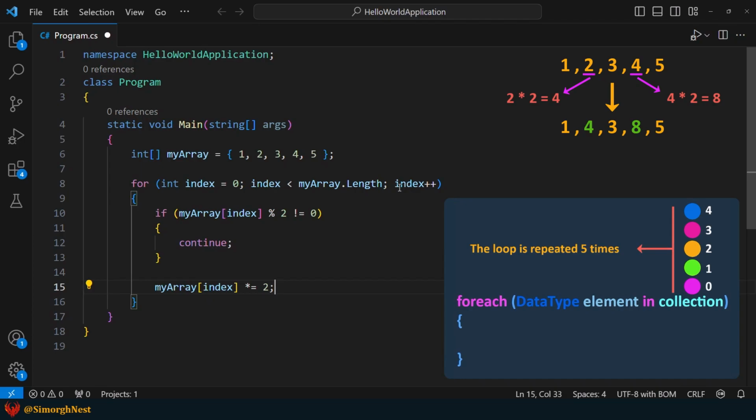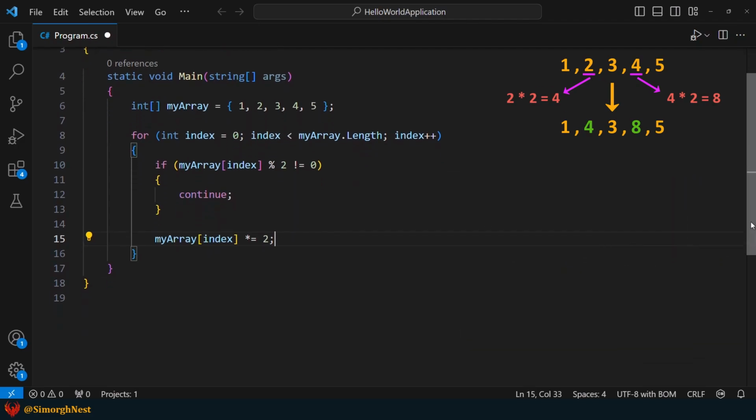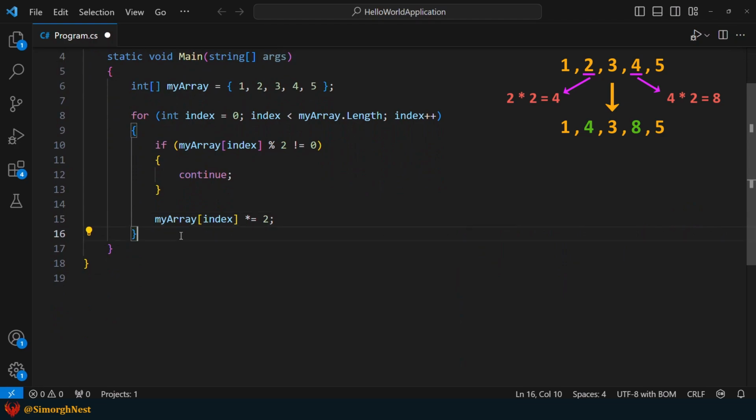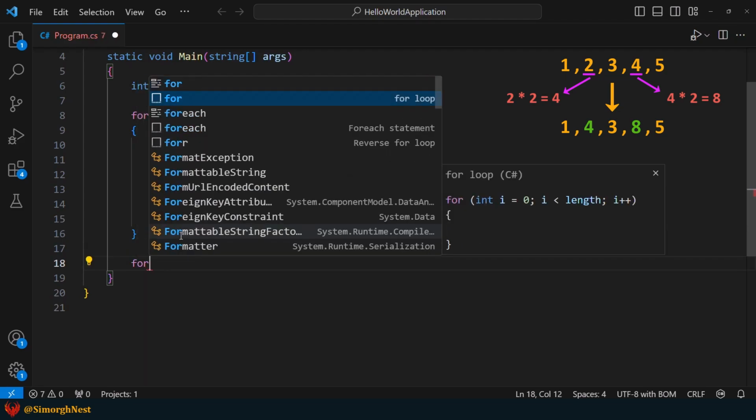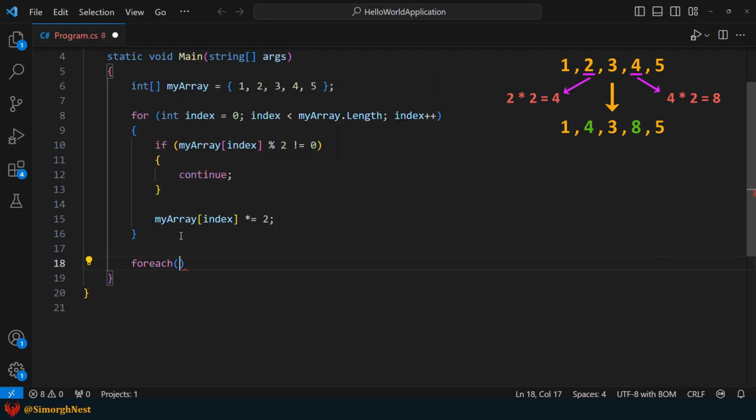Okay, the for each loop is specifically designed for iterating over arrays and collections in a more concise and readable way. Let's see it in action. Let's say we want to print all the elements of the array to make sure that the even values have been multiplied by 2. To achieve this, we'll use a for each loop to iterate over each element of the array.